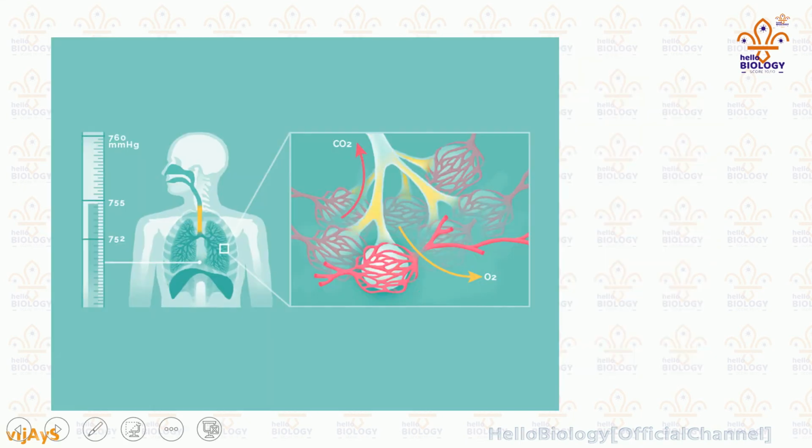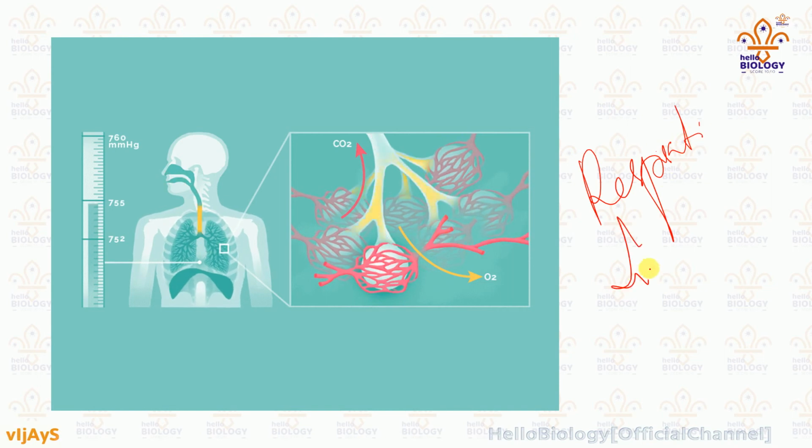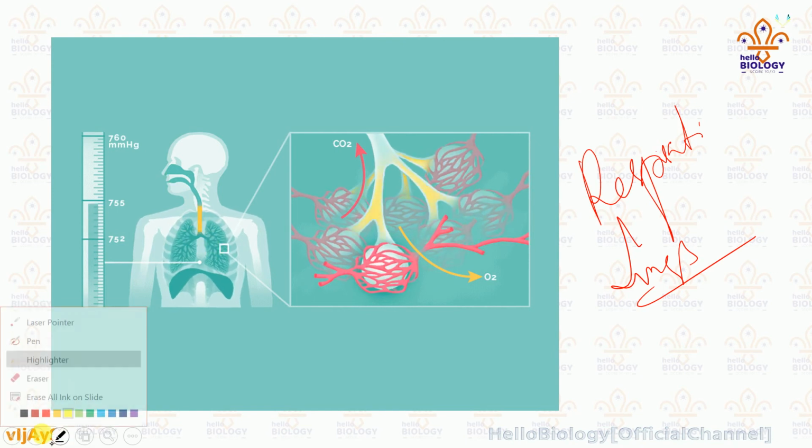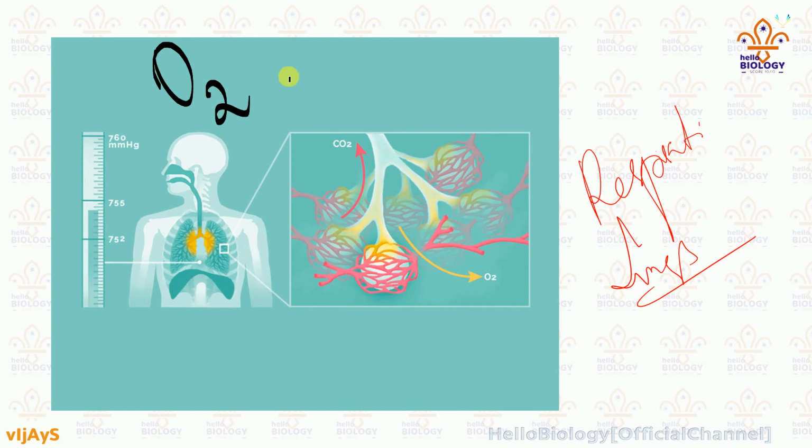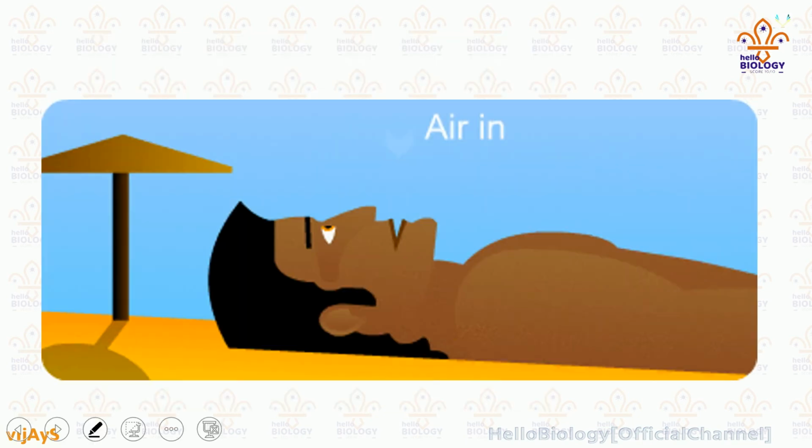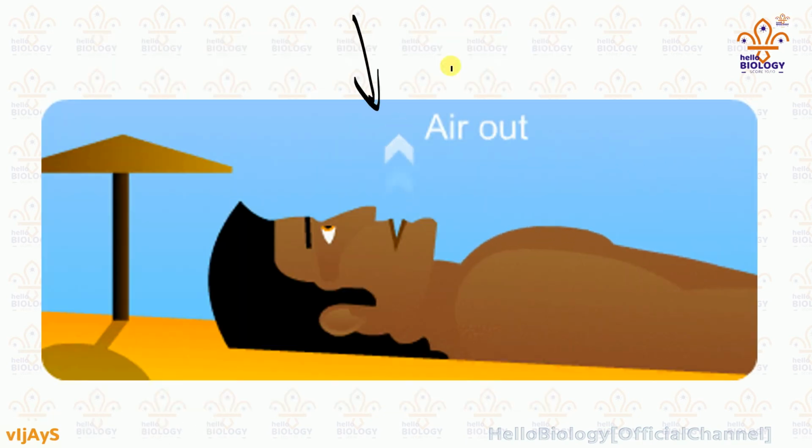In humans, respiration is performed through the lungs, whereas in insects it is performed through spiracles. Oxygen is important in humans, as breathing takes place. Taking in air and giving out air is called breathing.